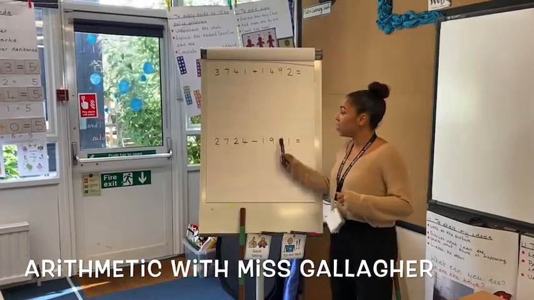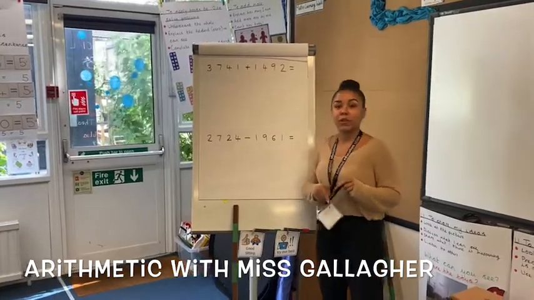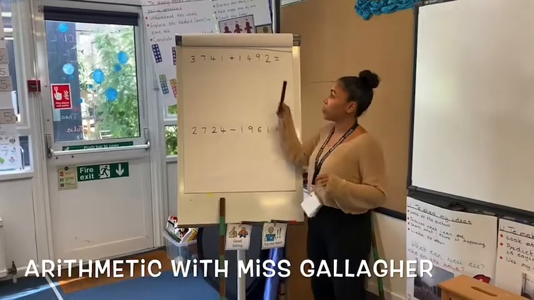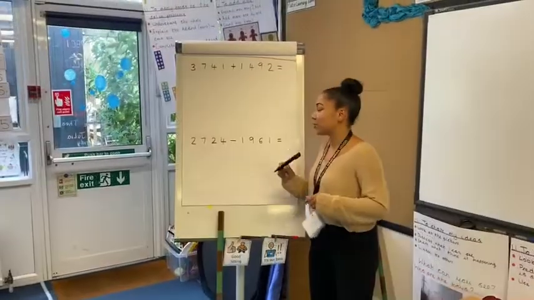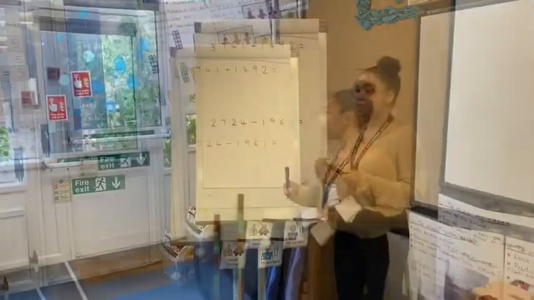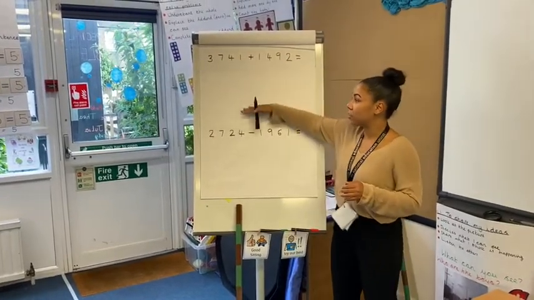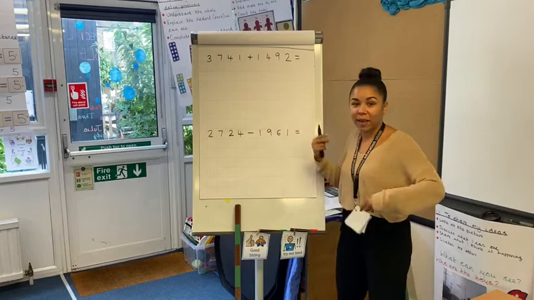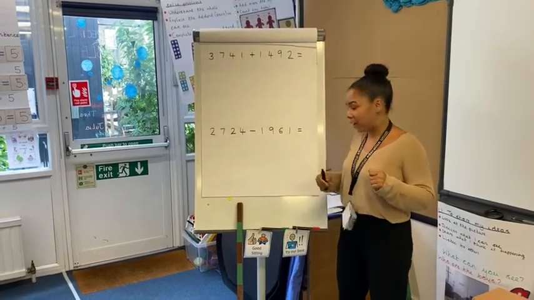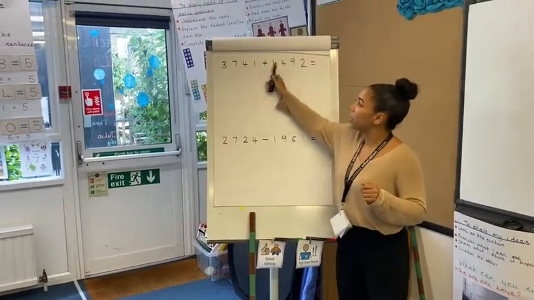Now today we're going to do a little revision session where we're going to revisit our addition using column method and our subtraction using column method. So I've written them out as number sentences today, and then we're going to lay it out into our column method together, just so we get back into that routine of setting it up. So my first calculation is